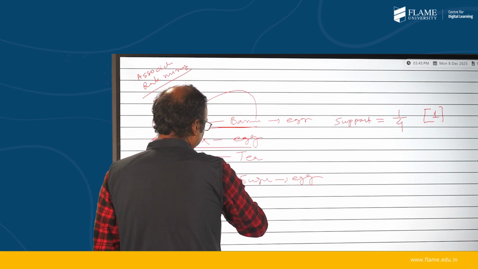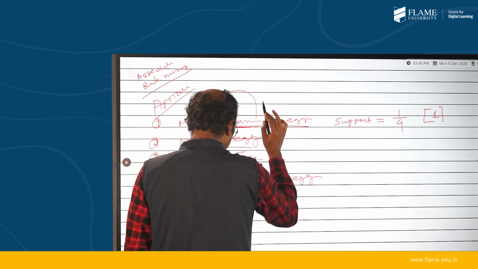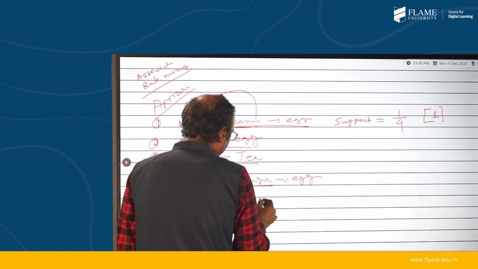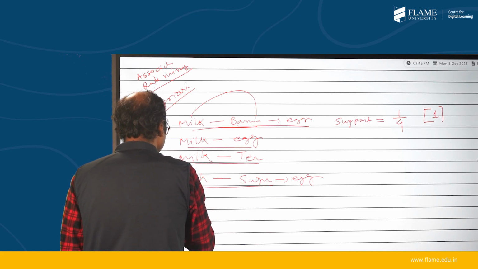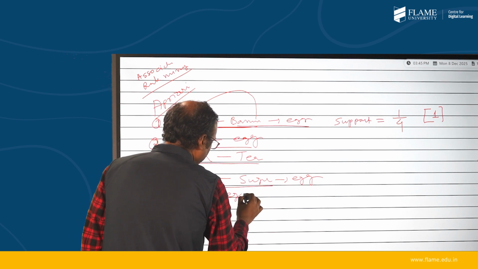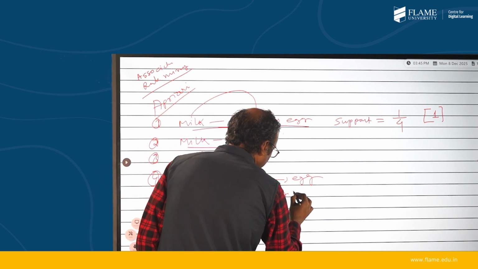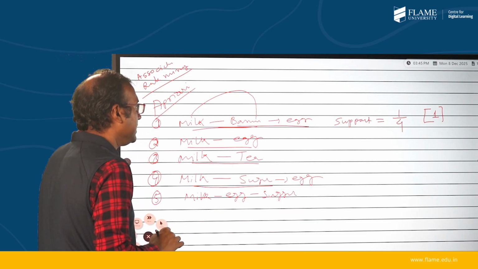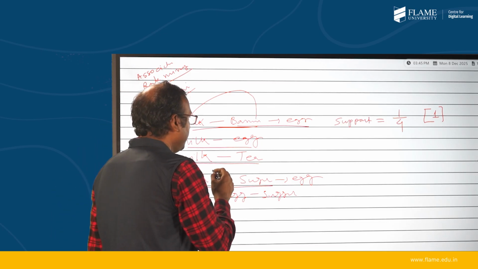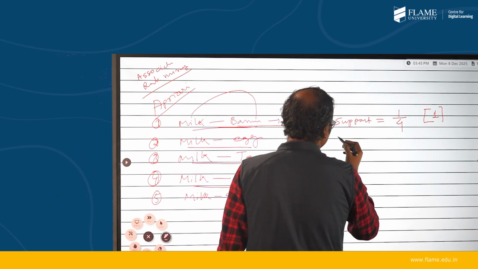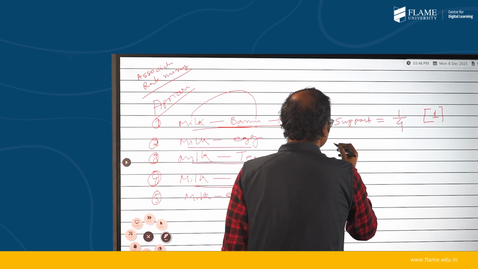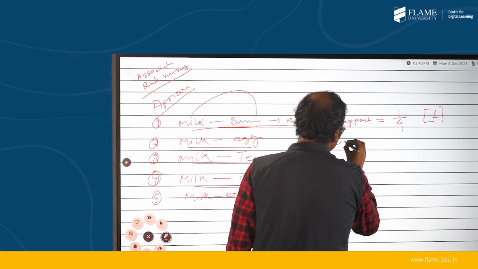So here also 1 time milk banana, milk egg 1 time, milk tea 1 time, milk sugar 1 time. Let's say another time, if the same milk, egg and sugar appear in the entire data set, then I can easily calculate my confidence of this particular event. So basically, based on three metrics we can easily identify my top association. In that case you have another thing, which is confidence